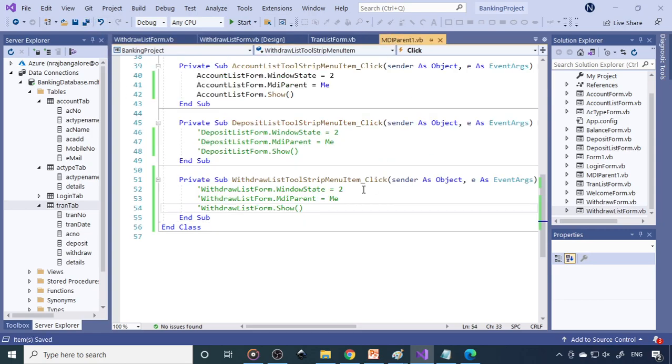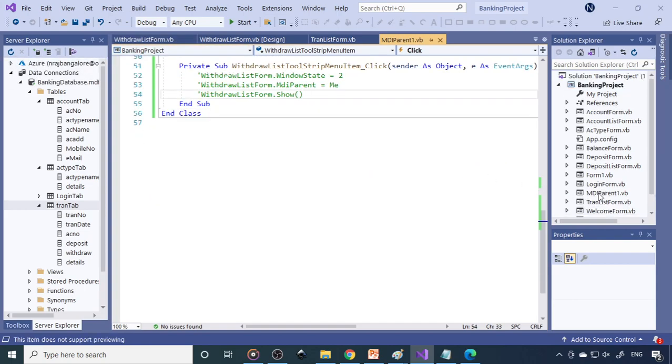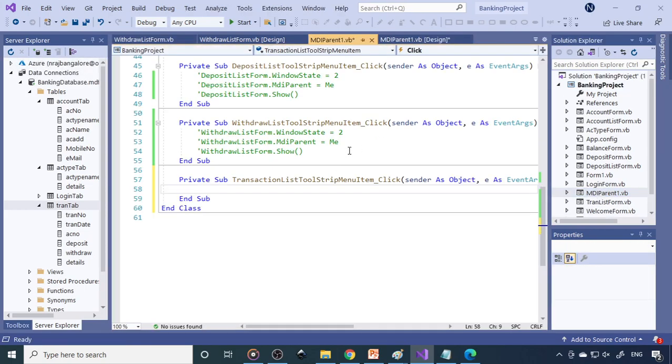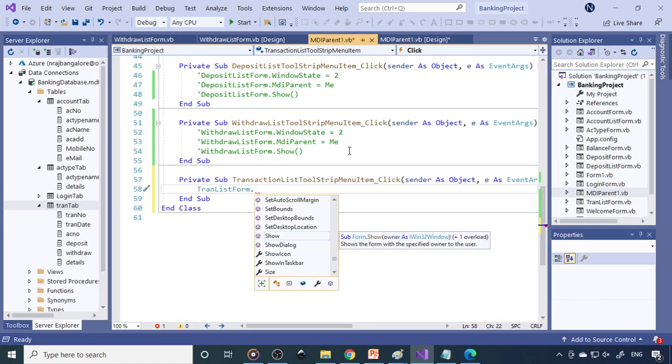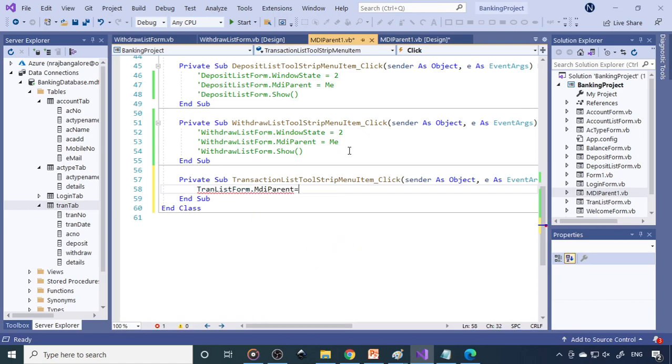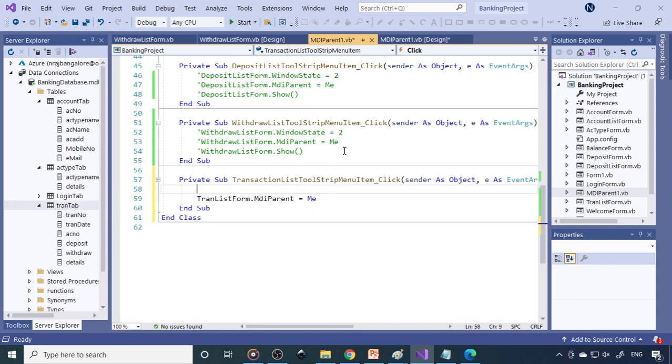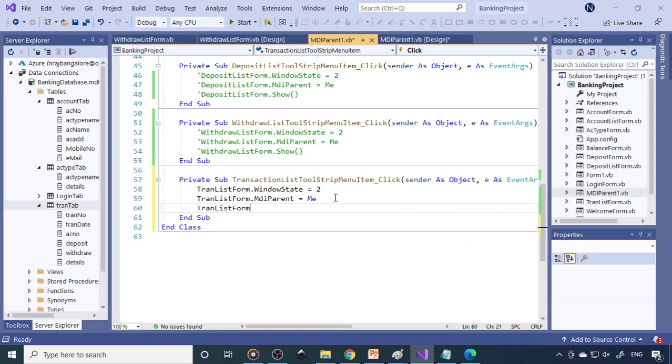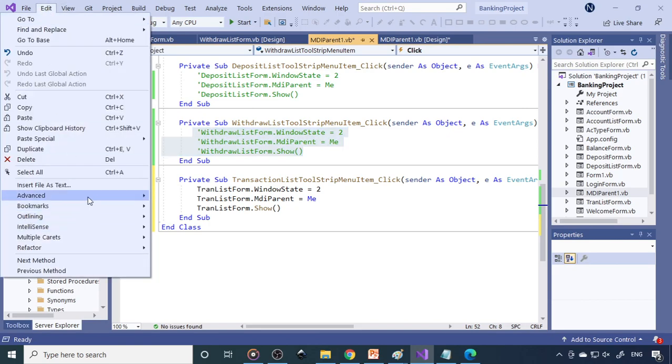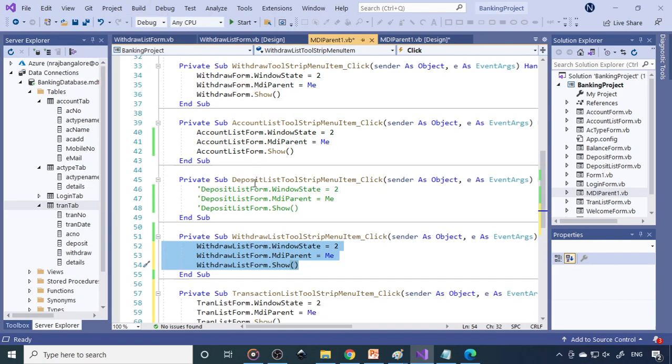Now go to MDI parent. So transaction list dot show.